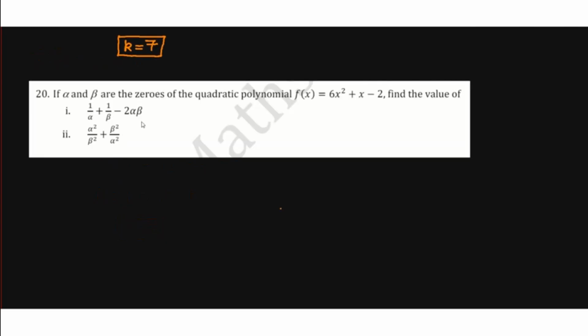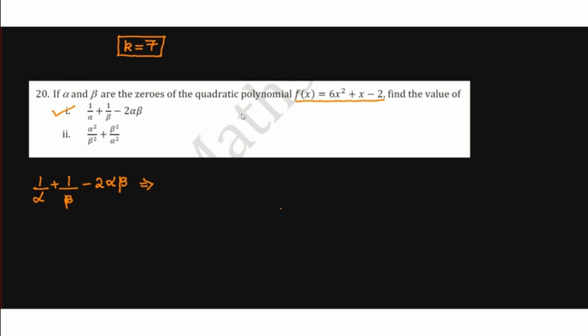Next question. If alpha and beta are the zeros of the quadratic polynomial f of x is equal to 6x square plus x minus 2, find the value of 1 by alpha plus 1 by beta minus 2 alpha beta. Whenever such expressions are given, we have to first convert them in terms of alpha plus beta and alpha beta, as those are the terms for which we know